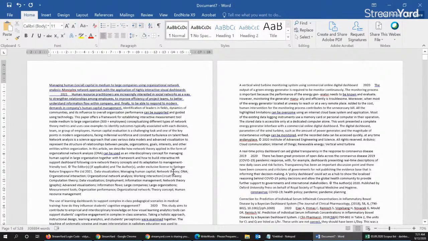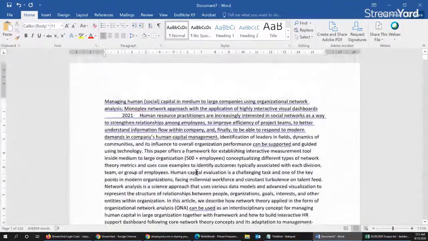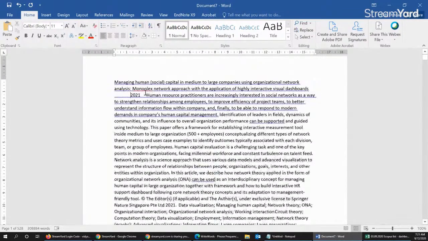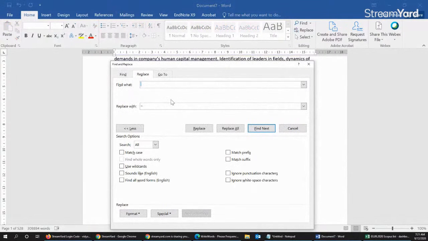But if you look at this text, it looks all mixed up. So there has to be a way in which you can differentiate where the different elements or different things are. So what you can do for that is, if you see a space like this, just select that and copy. Press Ctrl H. It will open up the find and replace. Copy that space here